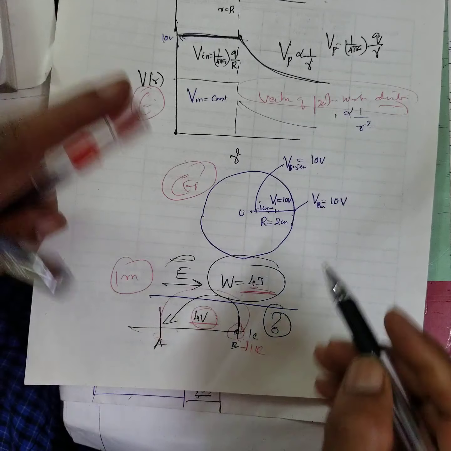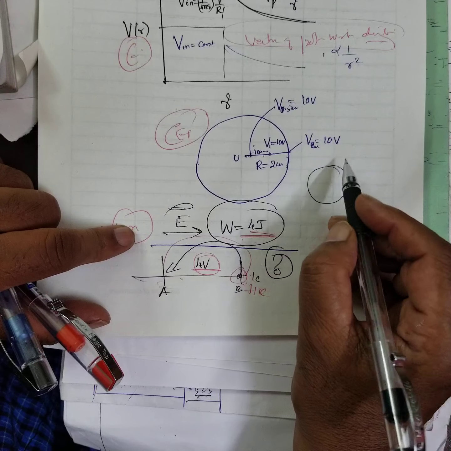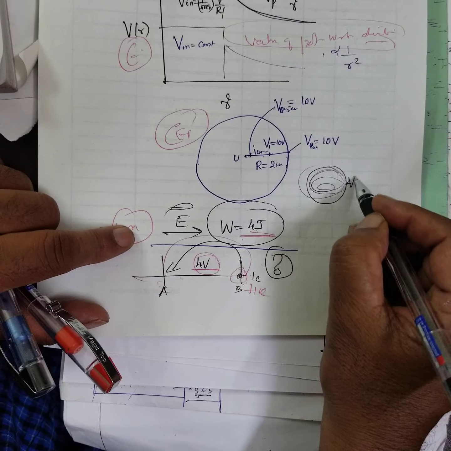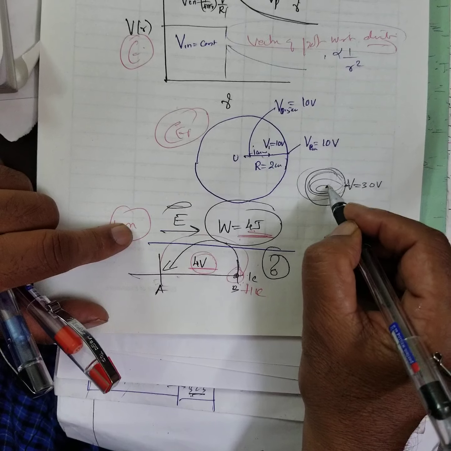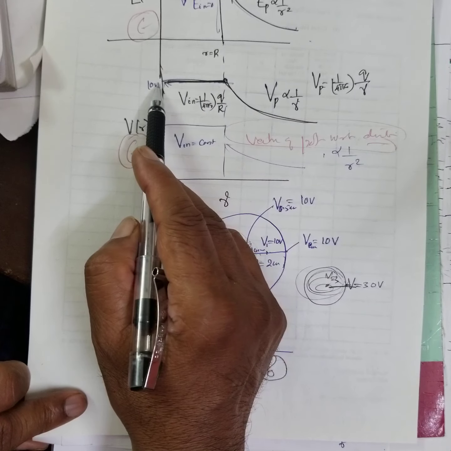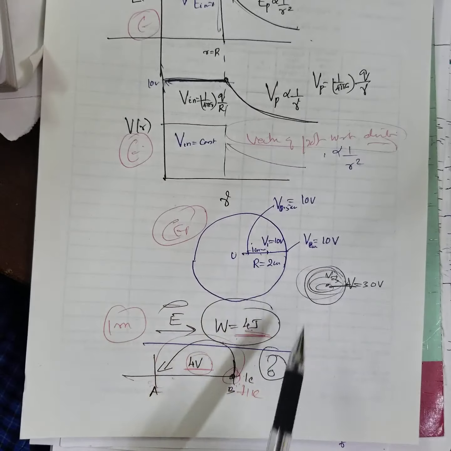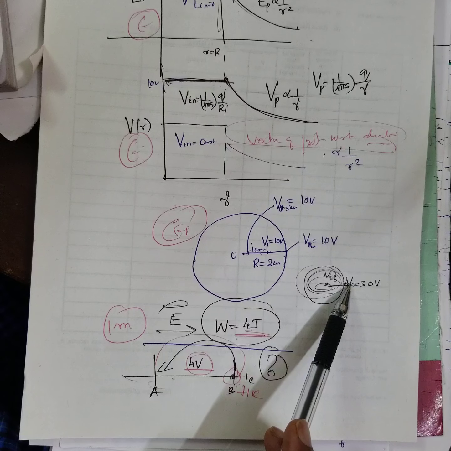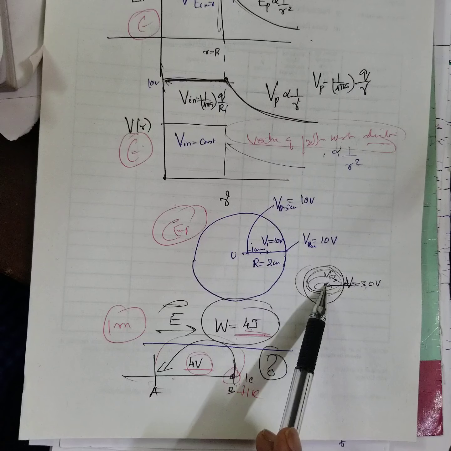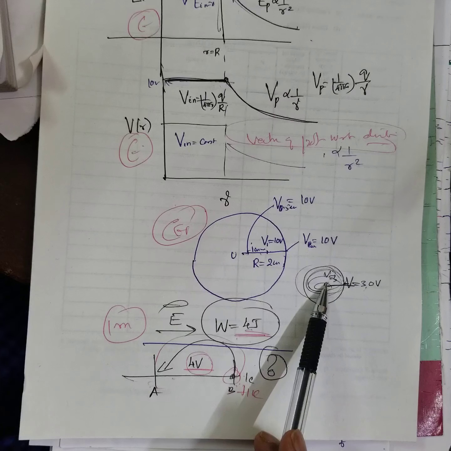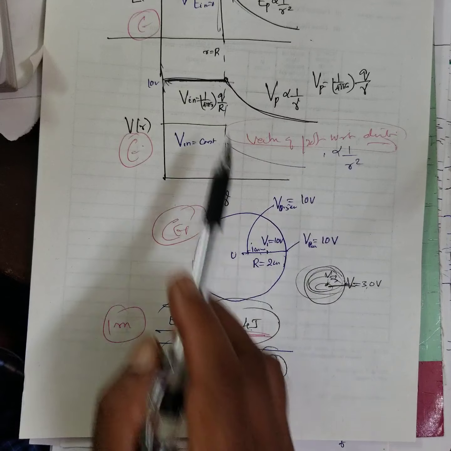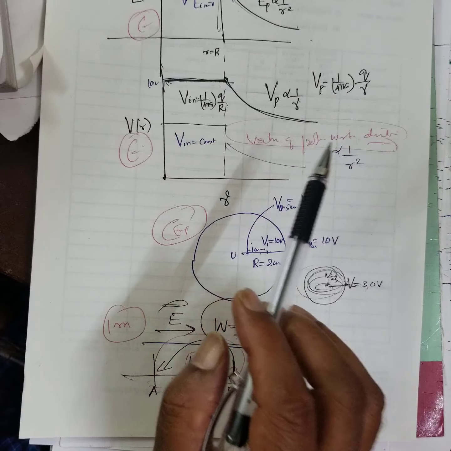Again, there is another problem. There is a sphere, a conductor. Remember, potential at the surface is equal to 30 volt. What is the potential at the center? 30 volt only. See, everywhere 30 volt, 30 volt, 30 volt. Therefore, the question: the potential at the surface of the charged conductor is 30 volt. Then what is it at the center? The center also 30 volt. Electric potential is constant inside, remember, okay?